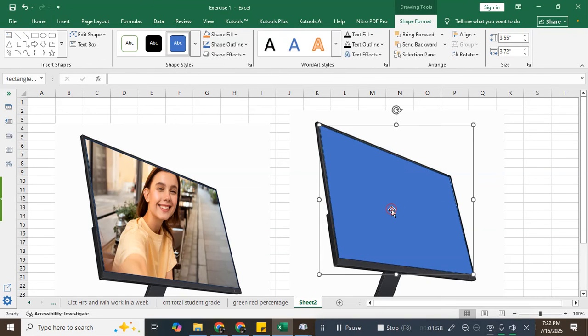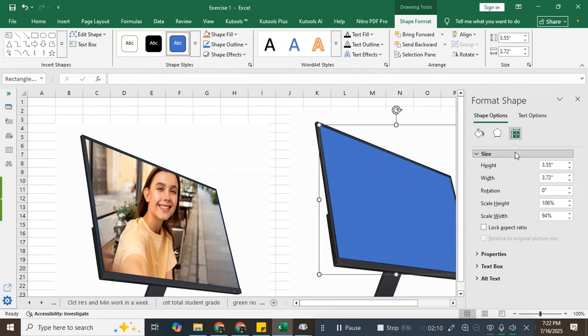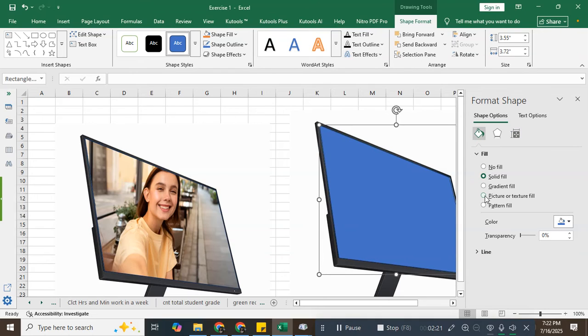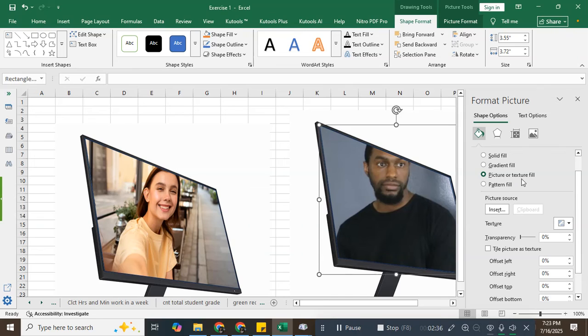After you make sure that this blue rectangle is already precise, then you will go to the right click again and click size and position, and there you'll see several options here. Then you can click this fill and line and click picture or texture fill and then insert. Let's say you don't see any picture here, or you can also change the picture. After you click this picture or texture fill, then click insert,